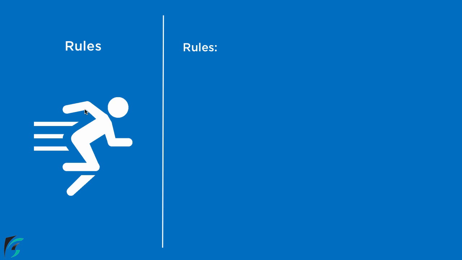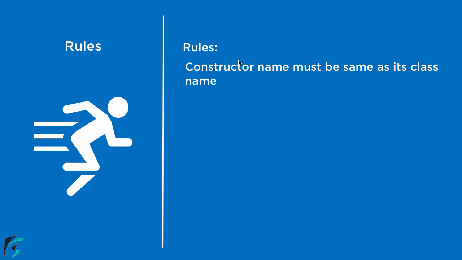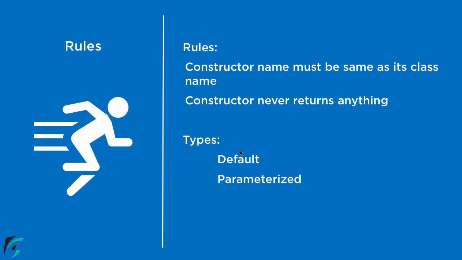And now at the end, let us summarize the rules. The constructor name should match the class name. And secondly, the constructor never returns anything. Fine, so don't write any return statement inside the constructor. And proceeding forward, we also checked the various types of constructors, that is the default constructor and also the parameterized constructor. And also at the end in this video, we checked out what is constructor overloading in Java, which is exactly the same as method overloading in Java.